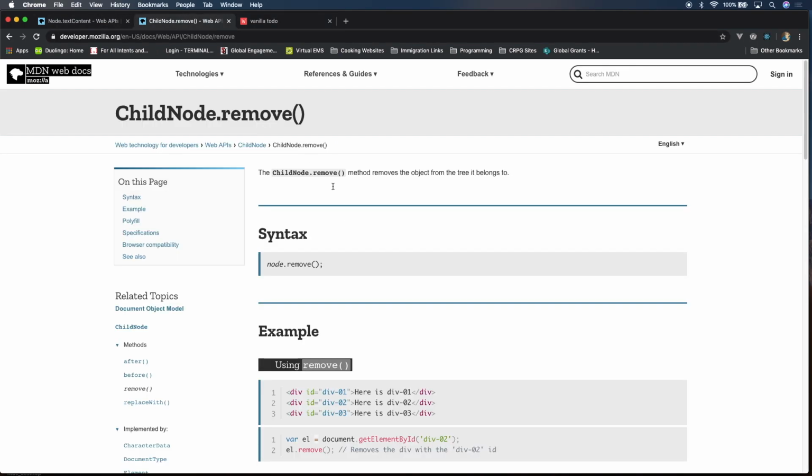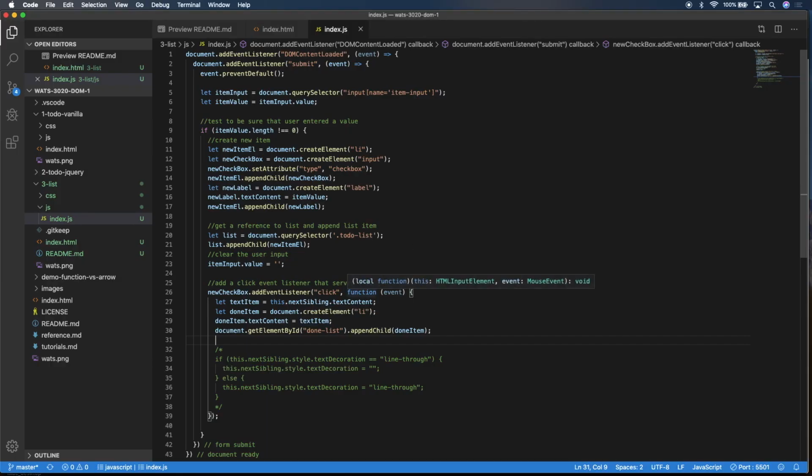So how do we remove that? Well, I already have, you'll see here it says it's for a child node, which is something that's a child to a parent. Removes the object from the tree it belongs to. So we can actually do this dot remove. Now, let's think about what this is. We've referenced it a few times. This is actually the